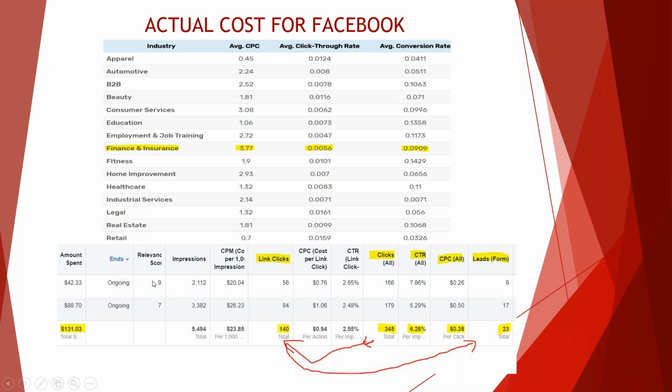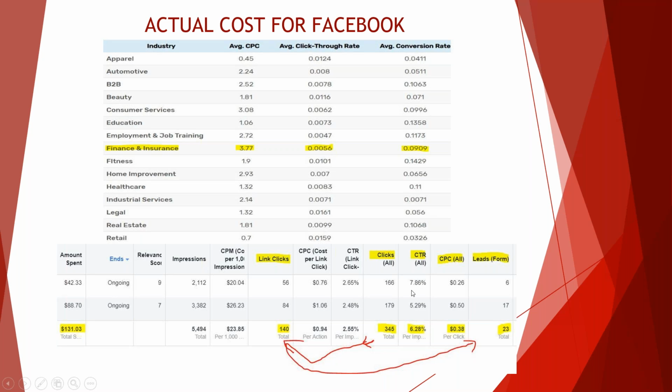This comes down to targeting and what really separates what we do. We focus on that perfect customer creation process. That's why our relevance scores are always so high. But you can see our click-through rates at 7.86%. Again, remember the average click-through rate is 2.36. Here we're at 7.86 and 5.9, an average of 6. So we're 3 times higher click-through rate. Our cost per click, guys, 38 cents. The average cost per click is $3.77. The average click-through rate is 0.05%. All right, you're looking at a 0.5%. This isn't 5%.